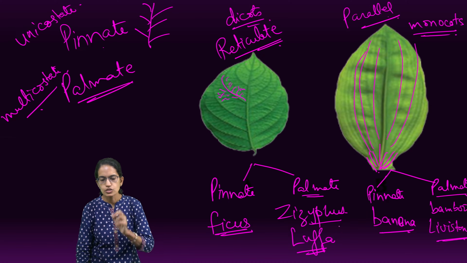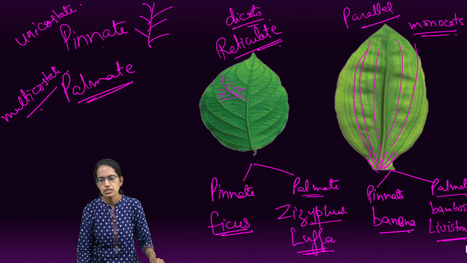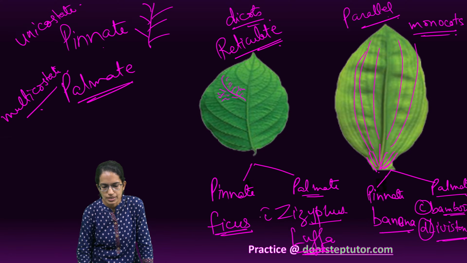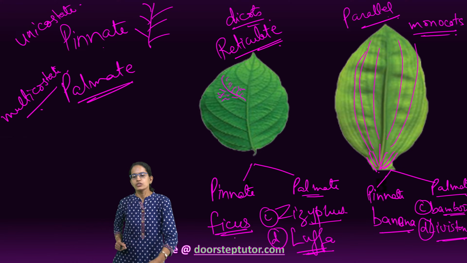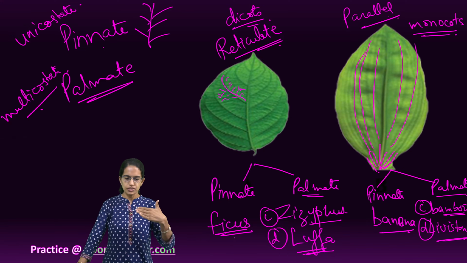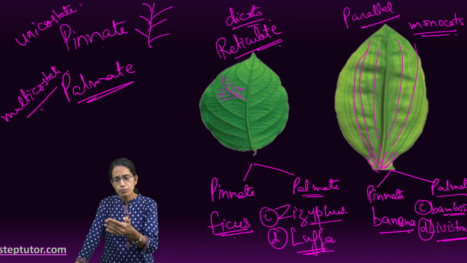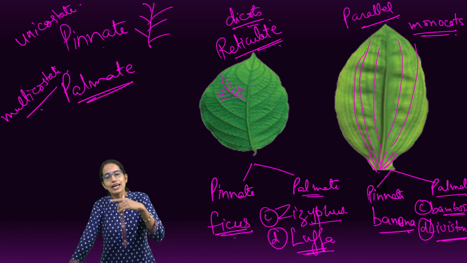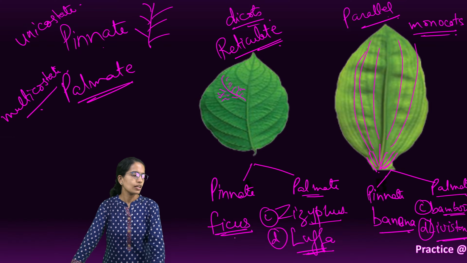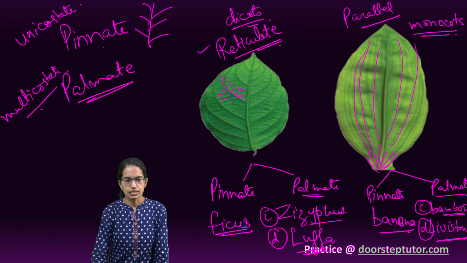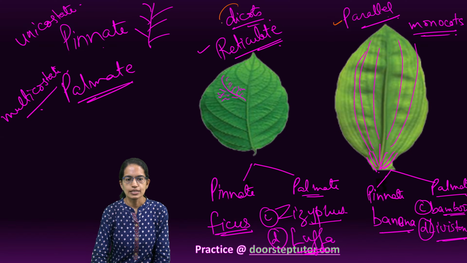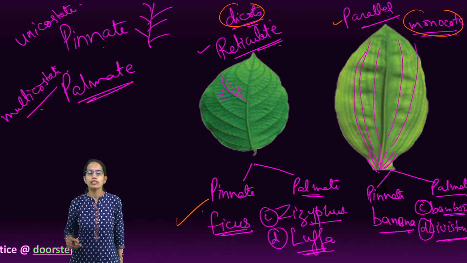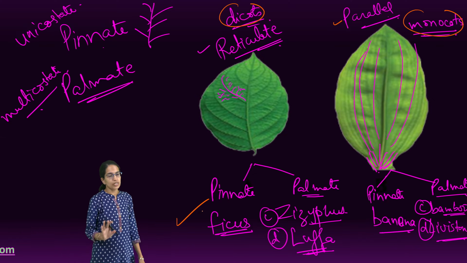So Ziziphus is convergent, Luffa is divergent. Similarly, bamboo is convergent and Livistona is divergent. So I would write C here and D here, and C here and D here to make it clear. Okay. So Ziziphus and Luffa are examples of convergent and divergent palmate in reticulate venation. Bamboo and Livistona are examples of convergent and divergent palmate in parallel venation. So both of these, in parallel or in reticulate venation, are important. And then we also understand that reticulate occurs in dicots, parallel occurs in monocots. The examples of the various plants where these kinds of venations are found.